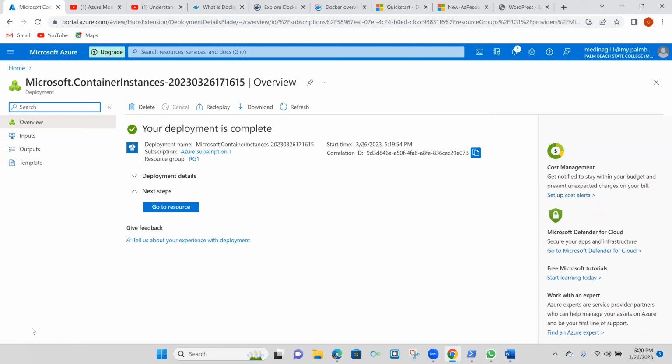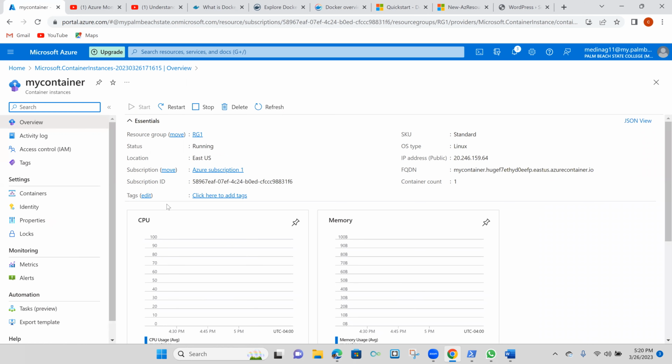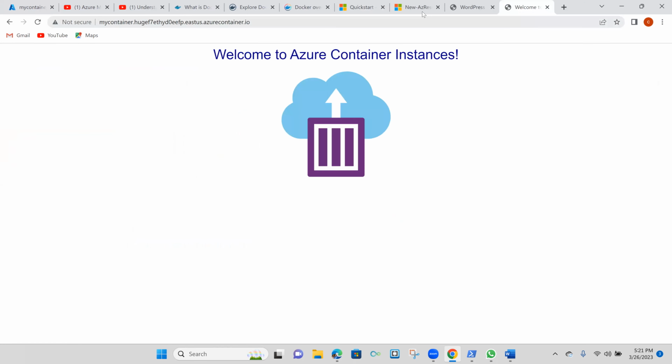So let's go ahead and go to resource. You see the fully qualified domain name here, which is the domain name that I gave it. I can just copy this, and I could show you the power of a container. I could open a new browser, paste this and hit enter. Now you see it says, welcome to Azure Container Instances. So I have a fully Docker container,